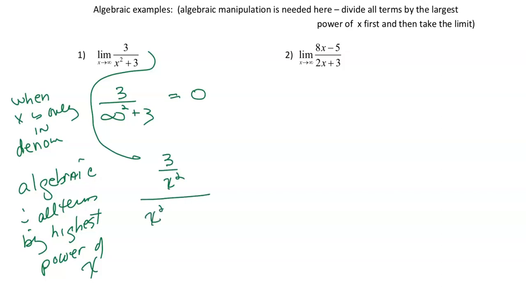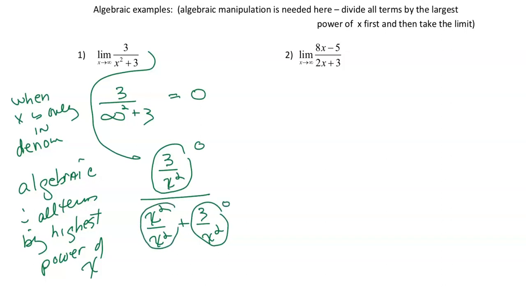Then I have x squared over x squared plus 3 over x squared. So in the limit, doesn't this 3 over a huge number go to 0? But doesn't this go to 1? So that gives me 0 over 1, which equals 0, which is the same thing I got when I did it